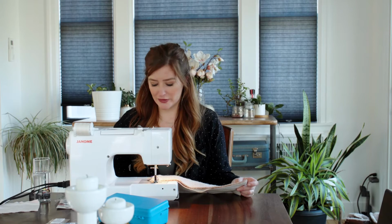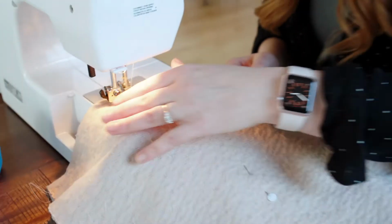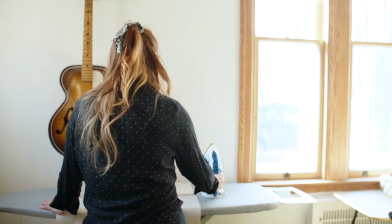And I don't need to reverse it or do anything to attach the thread on either side because we're gonna pull this thread out as soon as we get our zipper in. You wanna have the bulk of your fabric on the outside of the machine, and just let the machine do the work. Now that my basting stitch is done, I'm gonna take my fabric over to the ironing board and